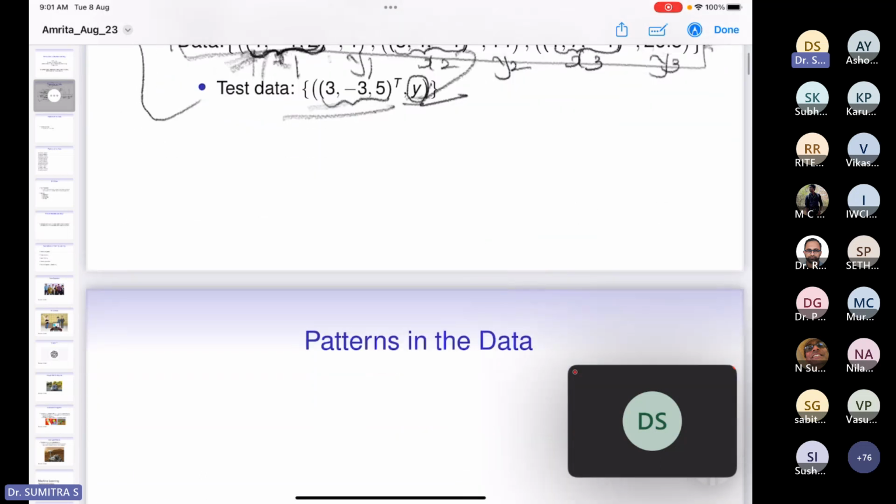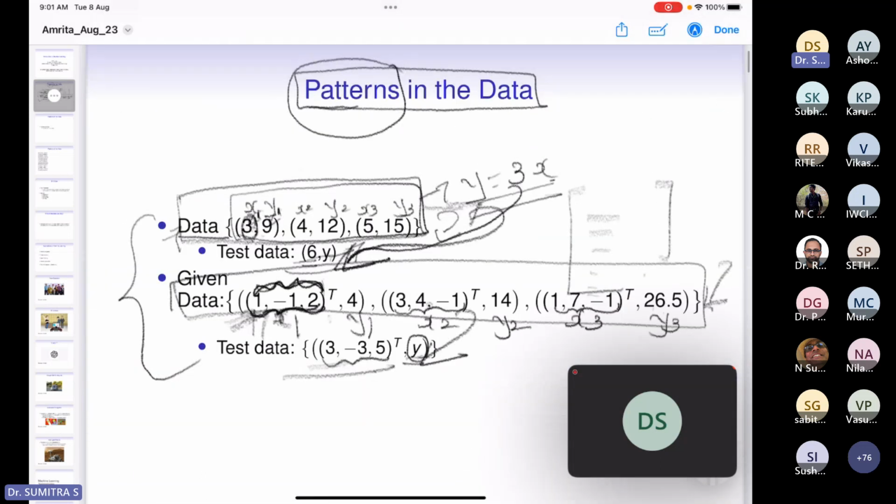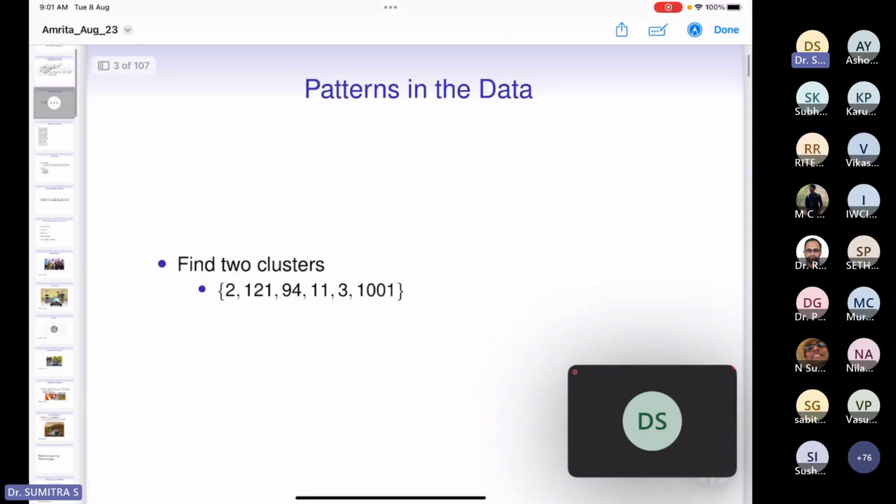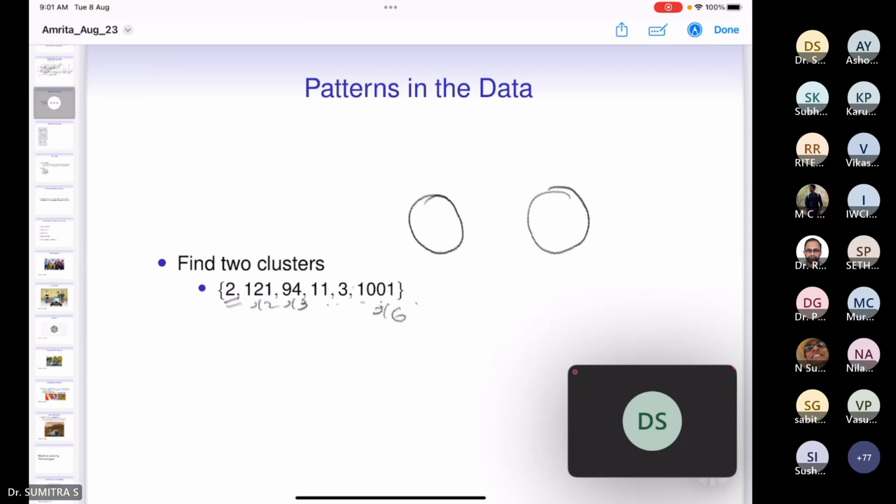Now, this is one set of data where you are given X and you are given Y. Now we will talk about another set of data, where there is no Y part, only the X part. This is X1, this is X2, this is X3, like that, 1, 2, 3, 4, 5, 6. This is X6. And if I ask you to divide this into two different groups,